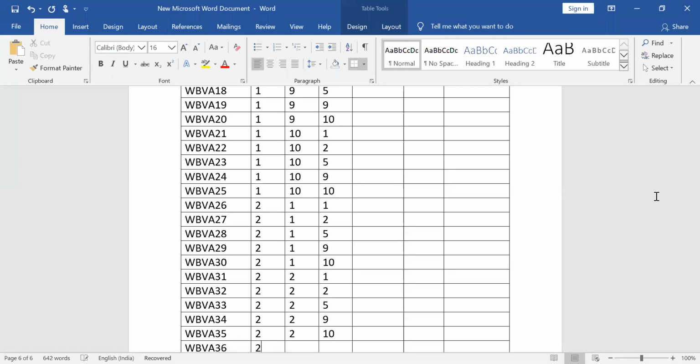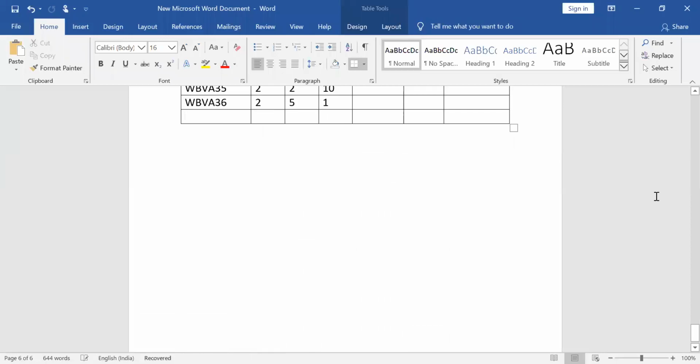So 2 this is. Now this has to be changed. So it starts from 1. 37: 2 5 2.